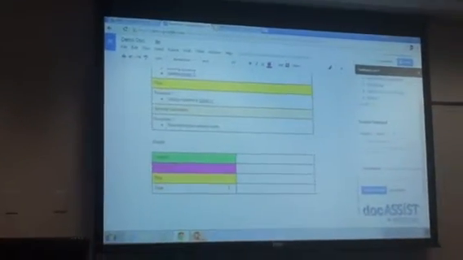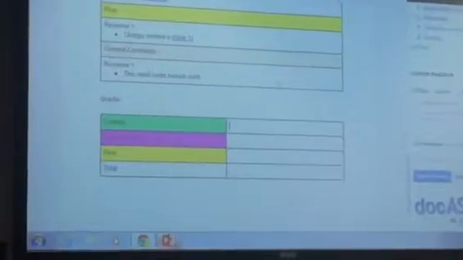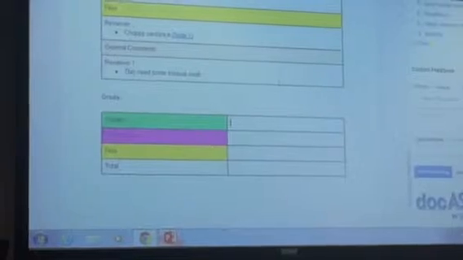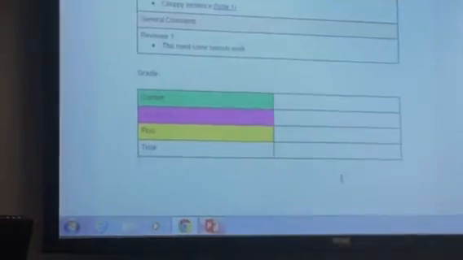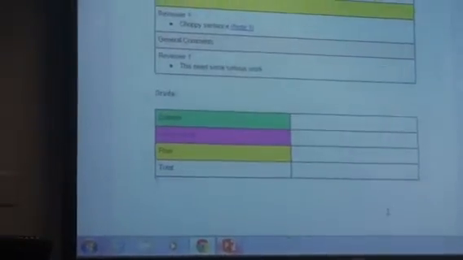And then also down here you have the option to grade. So this summary can get updated as you add comments or as more feedback is given. But the grade, whatever you put in the grading table here will remain. So if you want to use it as a grading rubric, you can, and you don't have to worry about it getting erased.